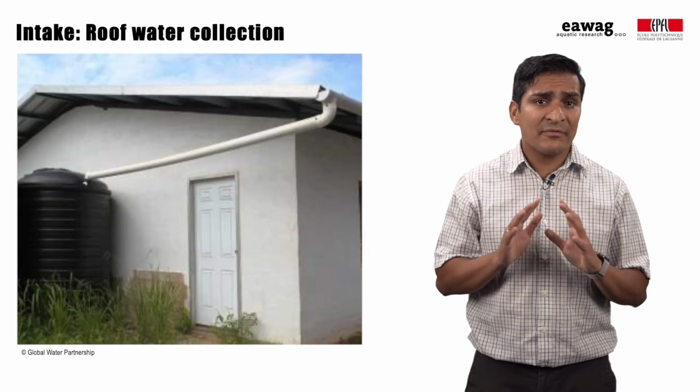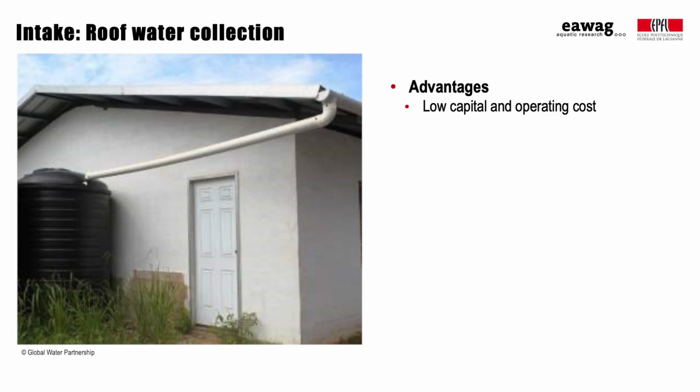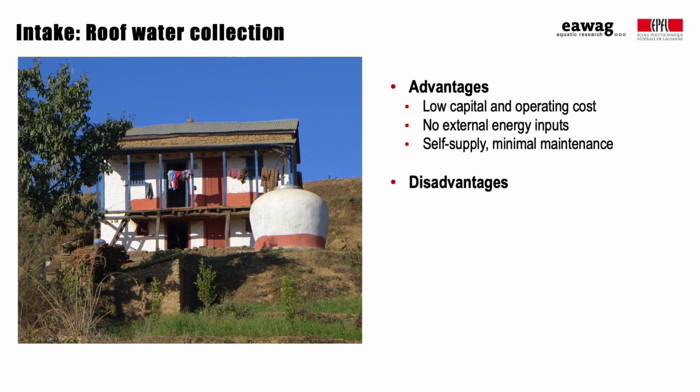Rainwater collection has several advantages, including very low capital and operational cost with no external energy inputs required. As a self-supply system, rainwater harvesting structures need only minimal ongoing maintenance. However, the quality of the collected rainwater depends closely on the harvesting method. For example, the roof can introduce contaminants like bird droppings and air particulates if the first flush is not diverted away from the storage tank.